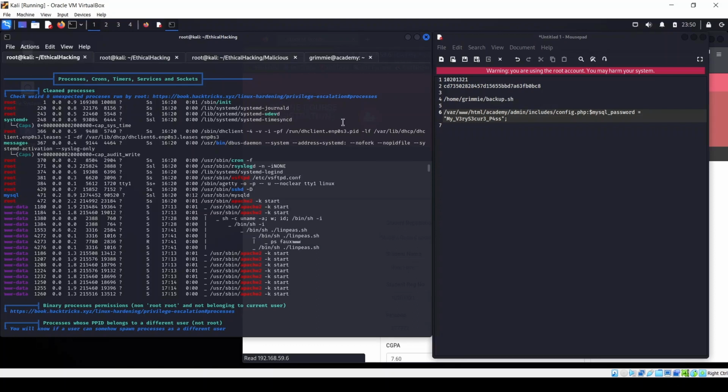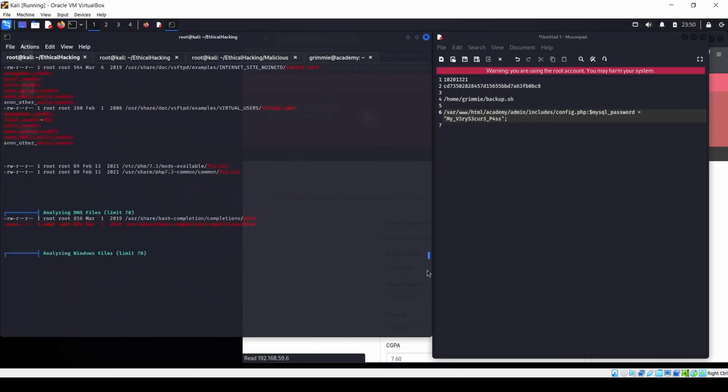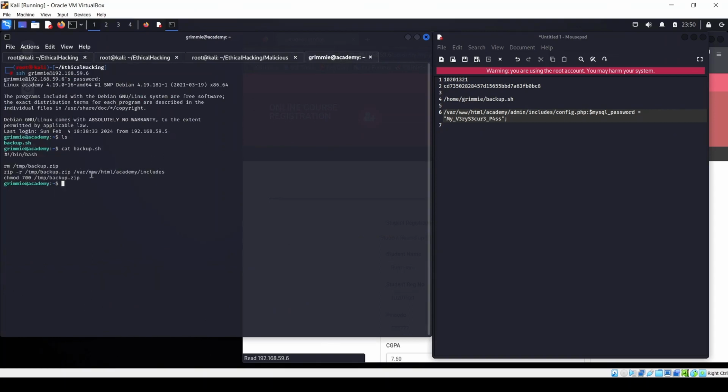So I am taking a guess because basically as attackers you need to make some intelligent guesses and then you try and then you try. If it doesn't work, you try again. So we are going to try to modify this with a malicious code and then see if we can get root access from that. And now this is a bash file. So let's go ahead and